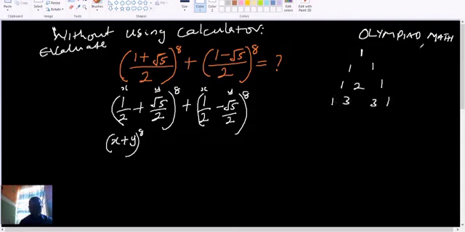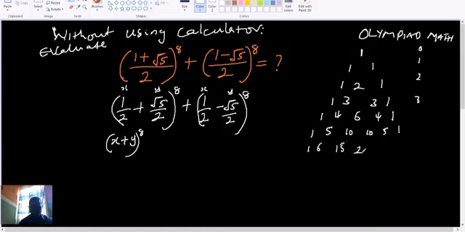The first row is 0, the second is 1, the third is 2, 3, until you get to 8. So you have 1 4 6 4 1. Again you will have 1 5 10 10 5 1. Then 1 6